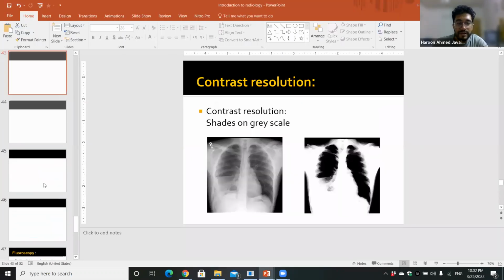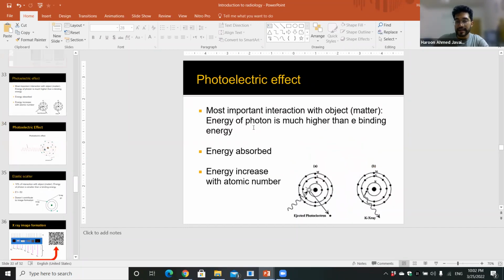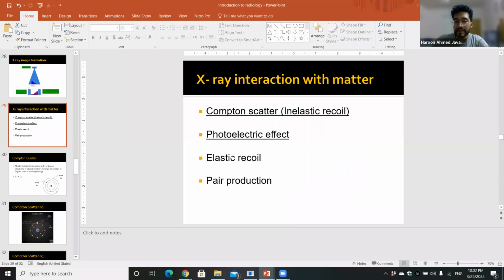Okay. So the photoelectric effect is just for your understanding over here, okay? Now, when we were talking about these four things over here, these four things were interactions once the X-ray has passed through the source, obviously, because it started from the source, passed through the filter. Now it's passing through the human being. And we are basically trying to understand what are the factors that can affect image quality, that we have to adjust, that we have to keep in mind, that will reduce image quality if it's not kept in mind. Cool? So these are the four different factors. Now, out of these, the Compton scatter effect we talked about. The photoelectric effect basically states